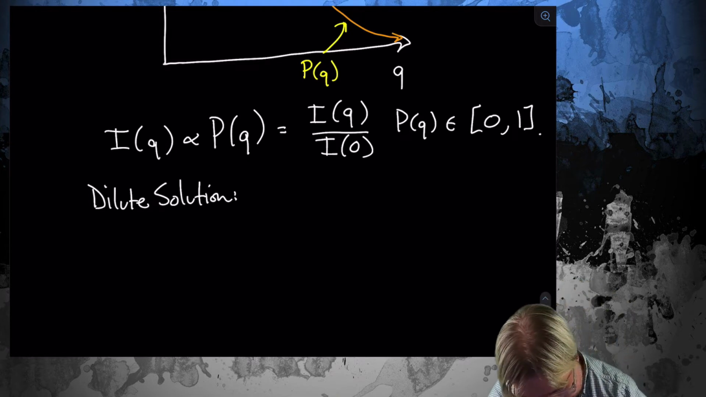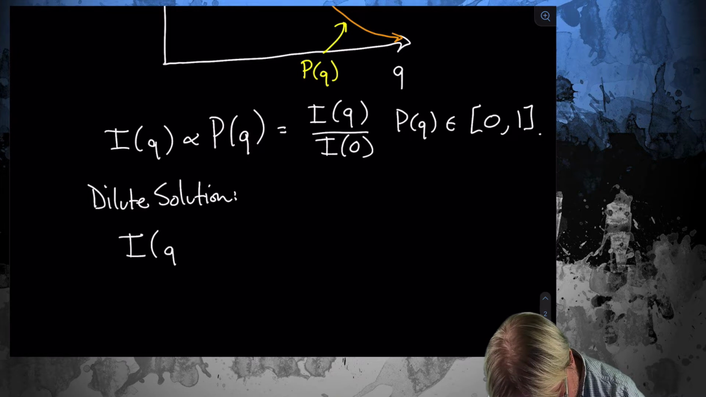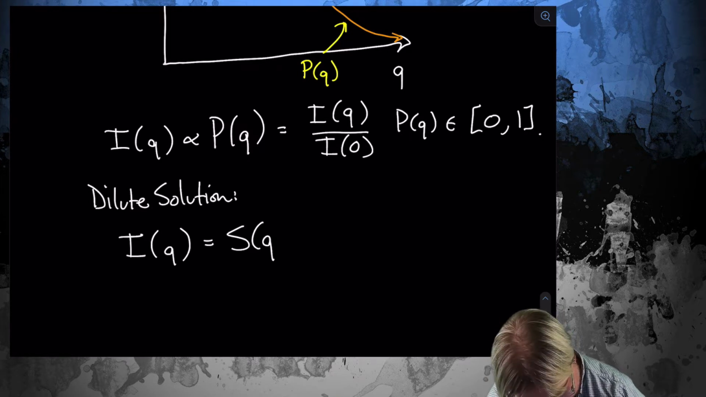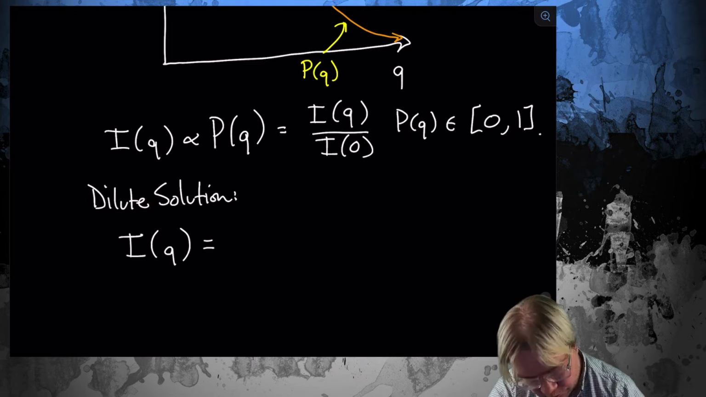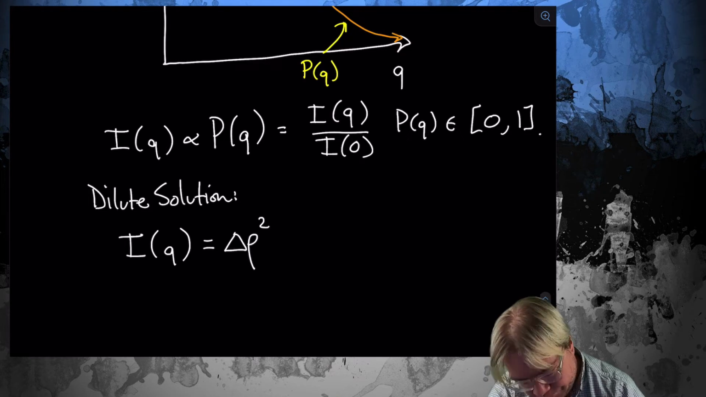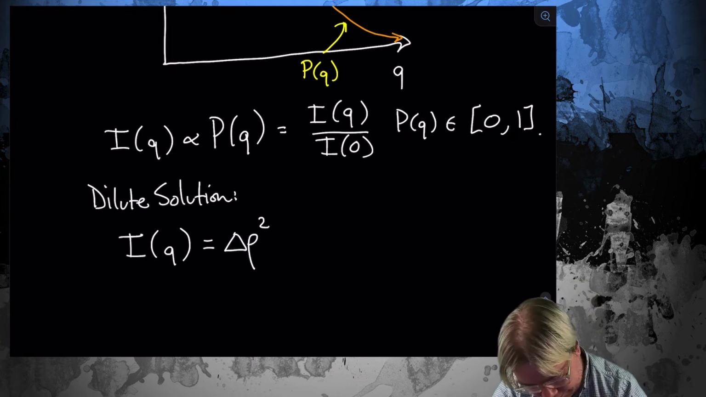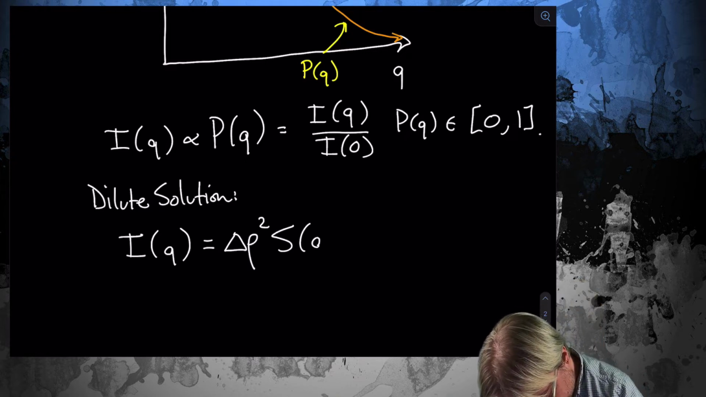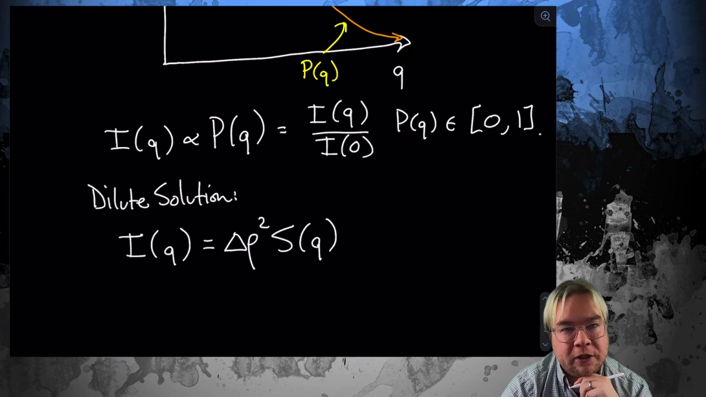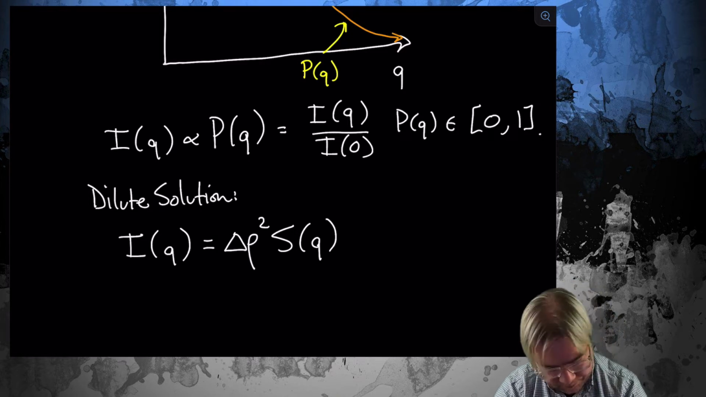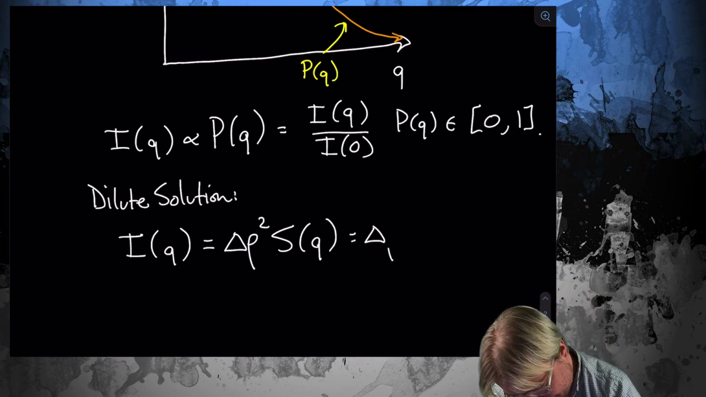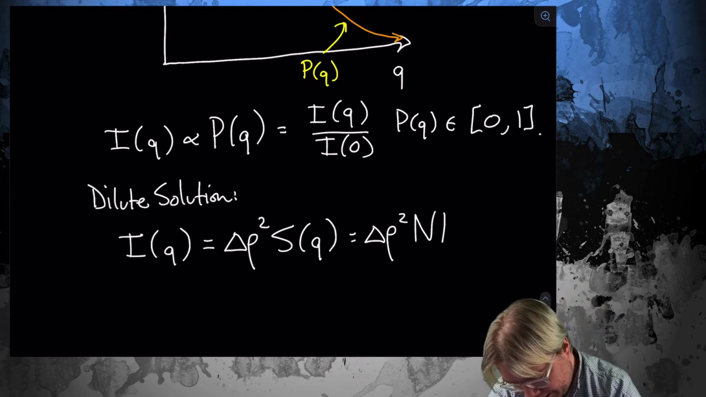When we do this, the intensity is going to be equal to the structure factor. Actually, I should say the intensity is going to be equal to the contrast. Remember, the contrast is how the different isotopes scatter with respect to one another. So it'll be equal to the contrast times the structure factor. And that will be the contrast times the degree of polymerization of my chain